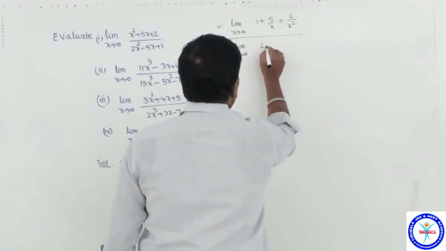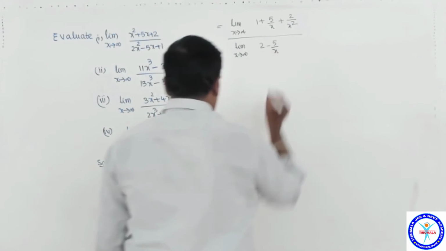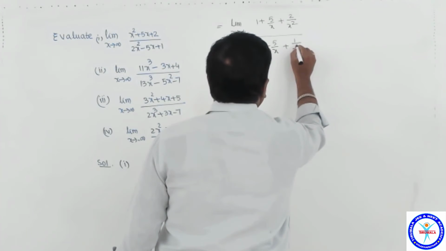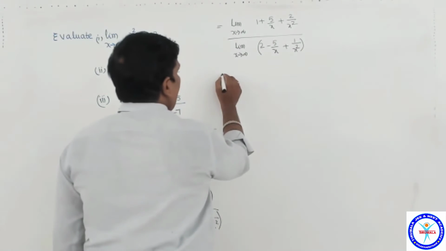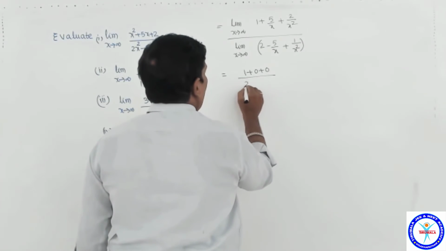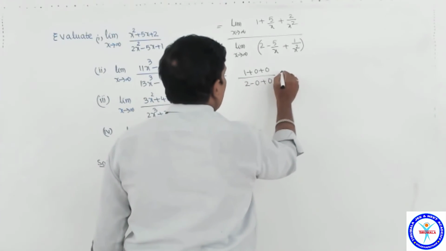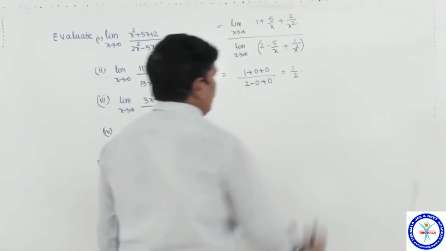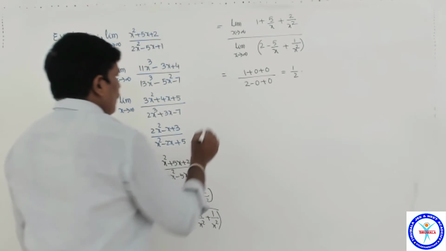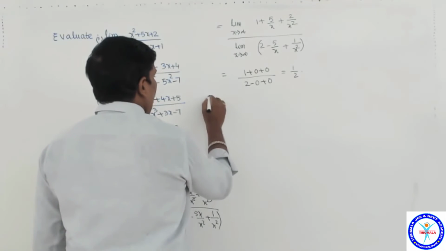Now 2 minus 5 by x, 2 minus 5 by x plus 1 by x square equal to 1 plus 0 by 2 minus 0 plus 0. This is equal to 1 by 2. At the same time, second question also, limit x tends to